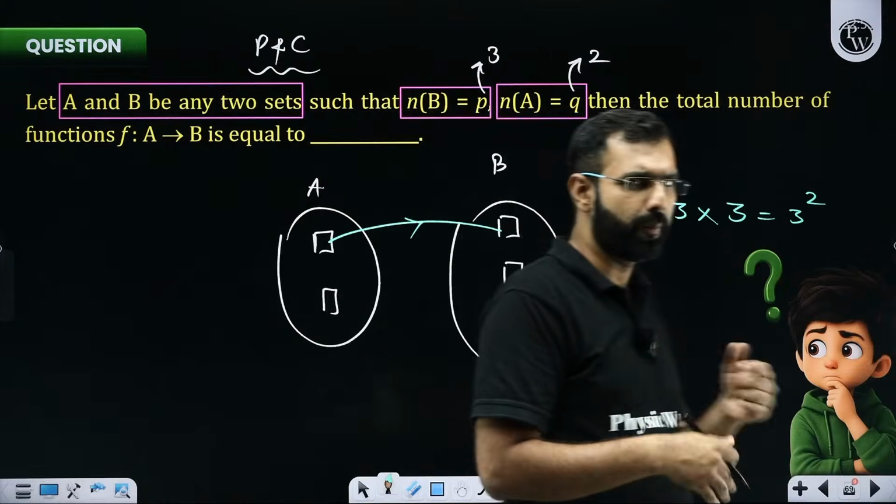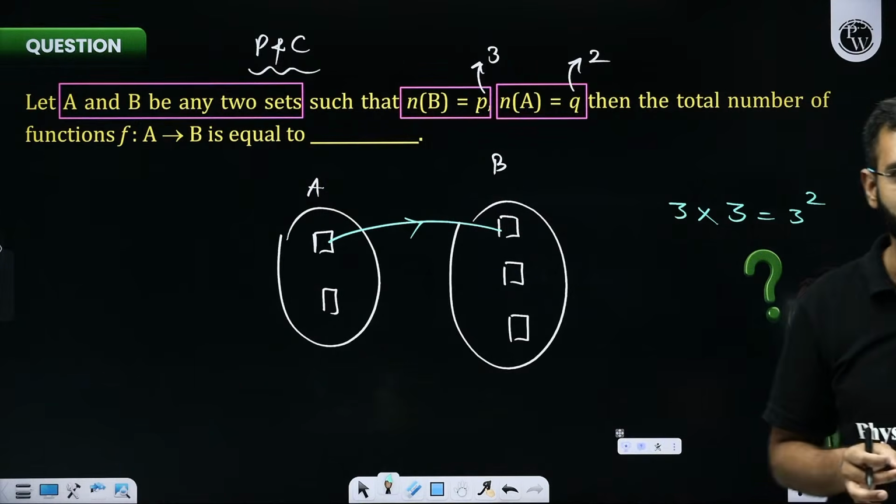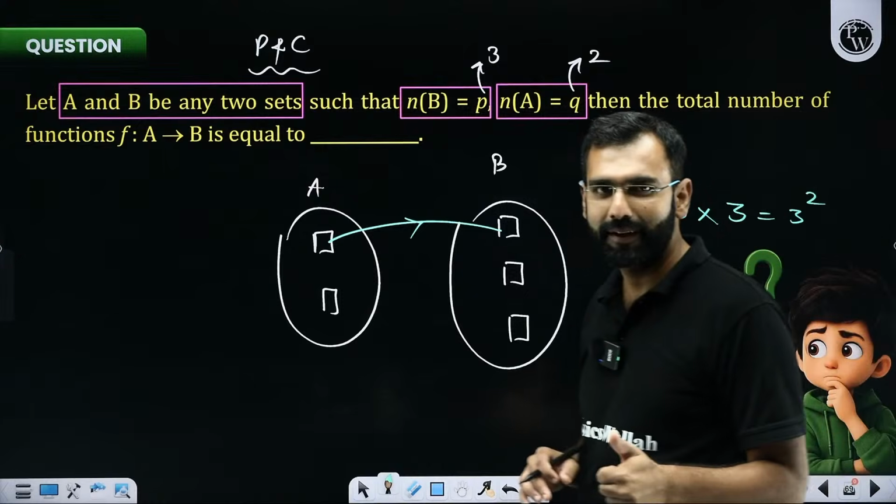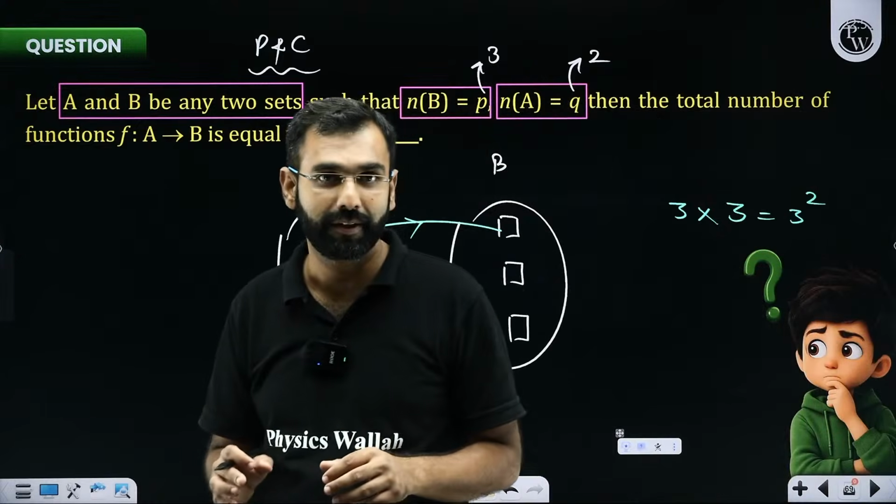So David, I think you did the opposite of it. You did 2 cube. But did you realize your mistake now? Are you getting it comfortably now? Did you understand what mistake you committed?